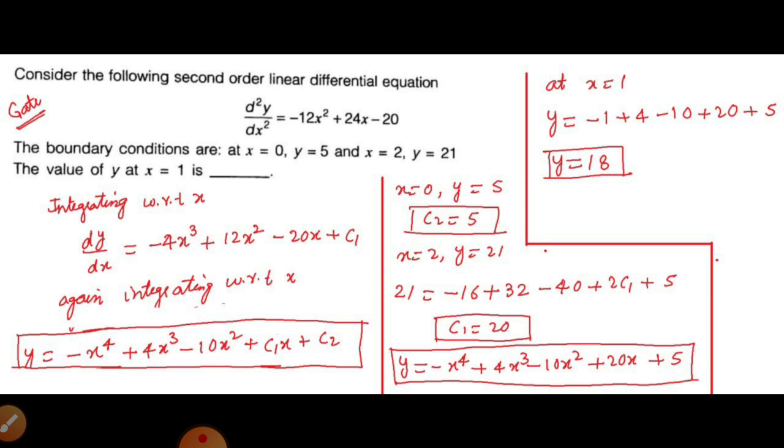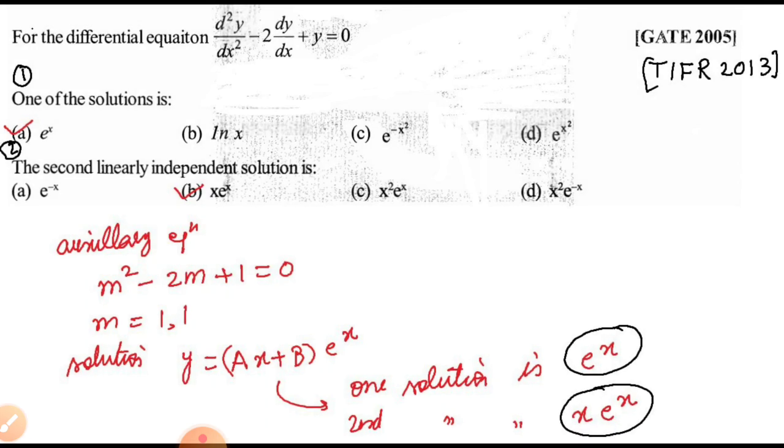Now, we will move to another problem, and this is a second degree equation, but it is a slightly different type of equation. To solve such equations, we use a different procedure: we assume that the dy/dx term is some constant m, and d2y/dx^2 we will put as m^2. That is, all order terms are replaced by m: first order by m, second order by m^2, third order by m^3.